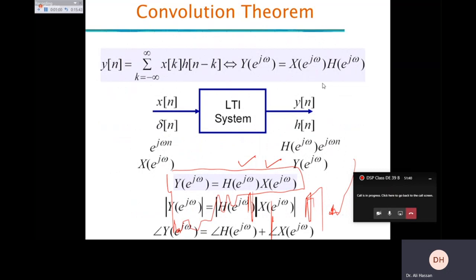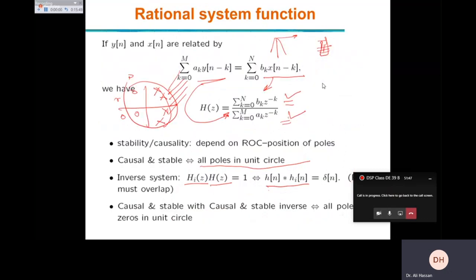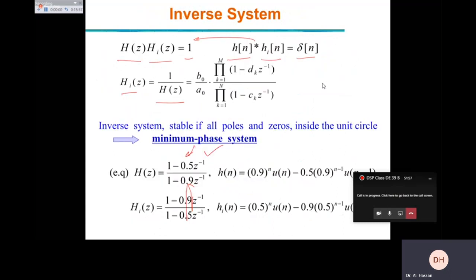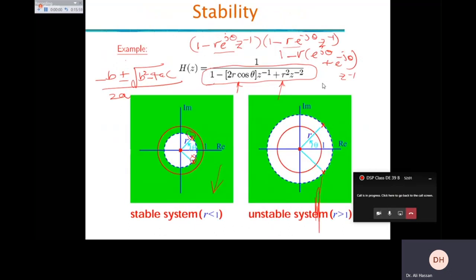So in order to make it causal, there will be a linear phase added, but linear phase translates into simple delay. The phase will not be distorted. The entire output signal will be delayed by a factor nd. Group delay is the negative derivative of the phase response, and this negative derivative of the phase response should